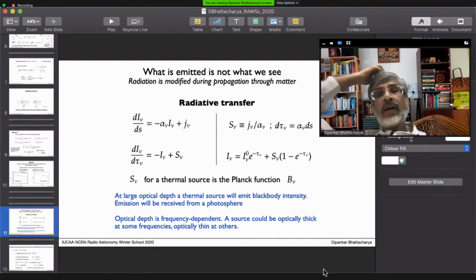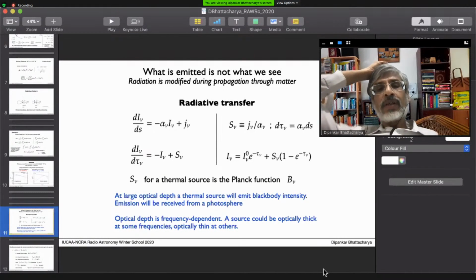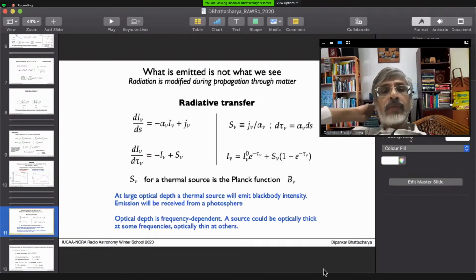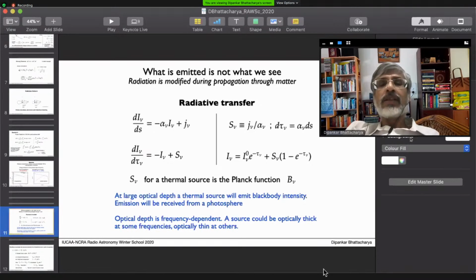Yeah, I'm afraid that's not the kind of thing I'm going to cover in this lecture, because I'm going to cover basically the basic principles of radiation. But as you can see, the character of a source depends on the composition of the material it is composed of, right? It depends on the kind of material it is composed of. So if there are certain molecules, for example, this phosphine molecule, which was seen in the Venus atmosphere,